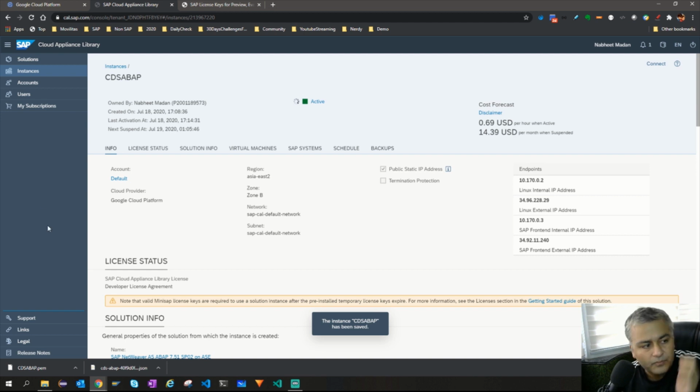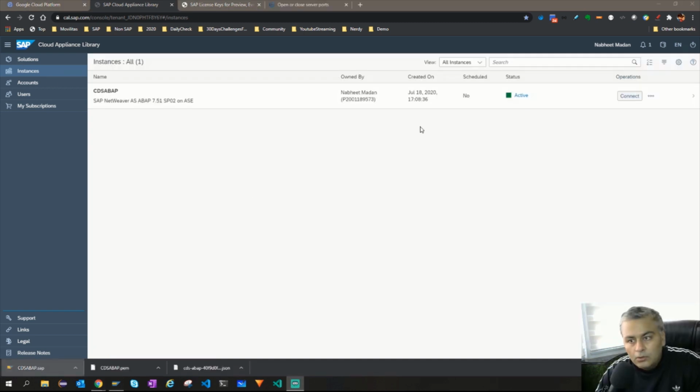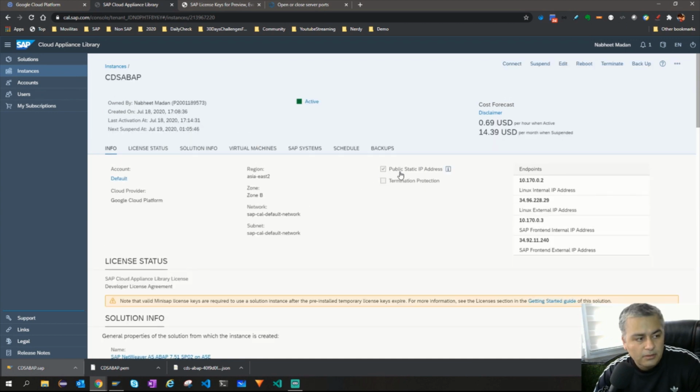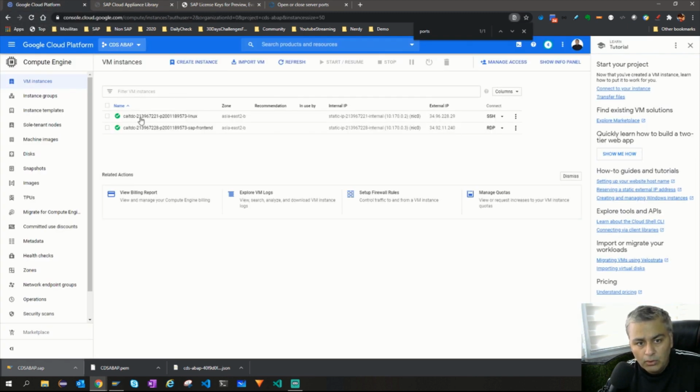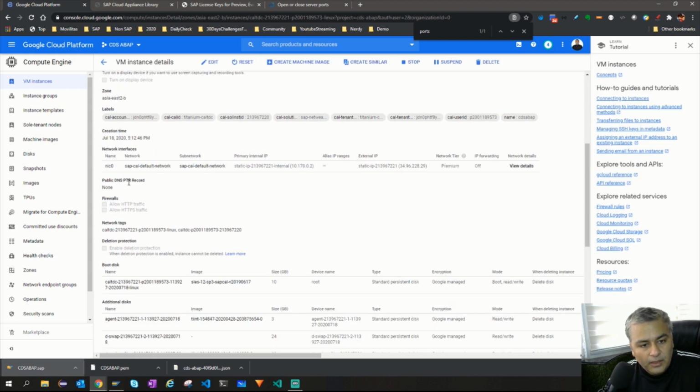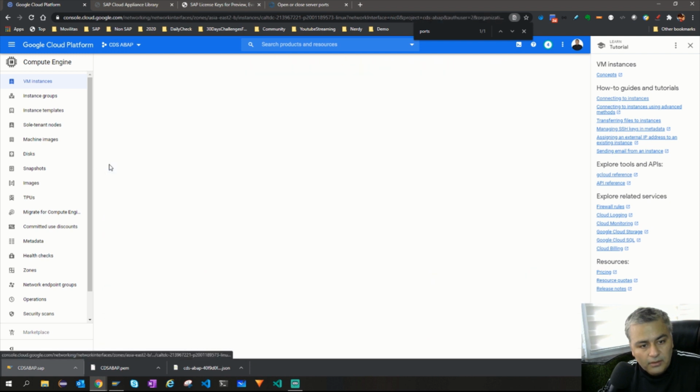Let's wait 1 second. So now once our system is active, we have made this a public static IP, and now we need to edit our instances running on Google Cloud to open some ports. So I go to Google Cloud, I go to the Linux instance, right, and then I click on this network interface.